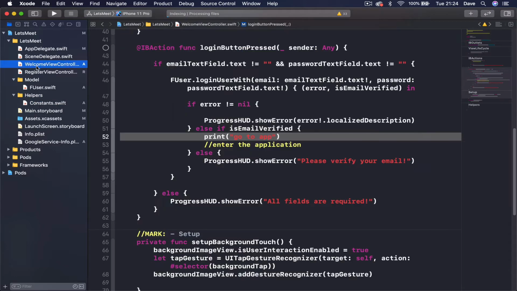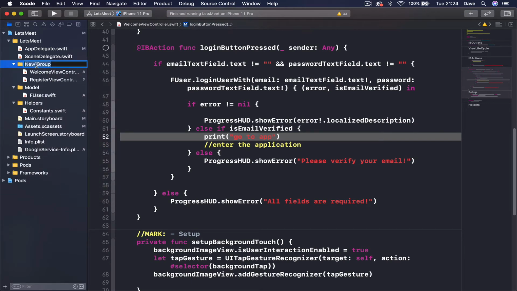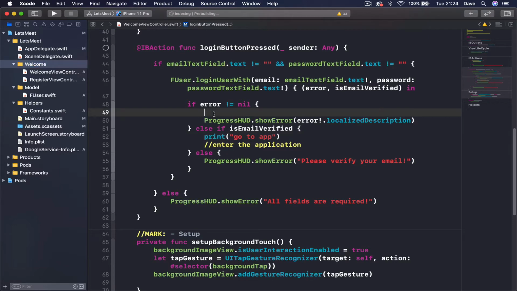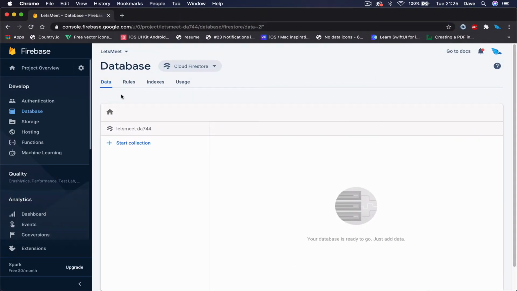And finally, the welcome and register view controller. I'm going to again right click, new group from selection. Let's call this Welcome. All right. What we need to do now is, in order to access our Firebase database here, we have